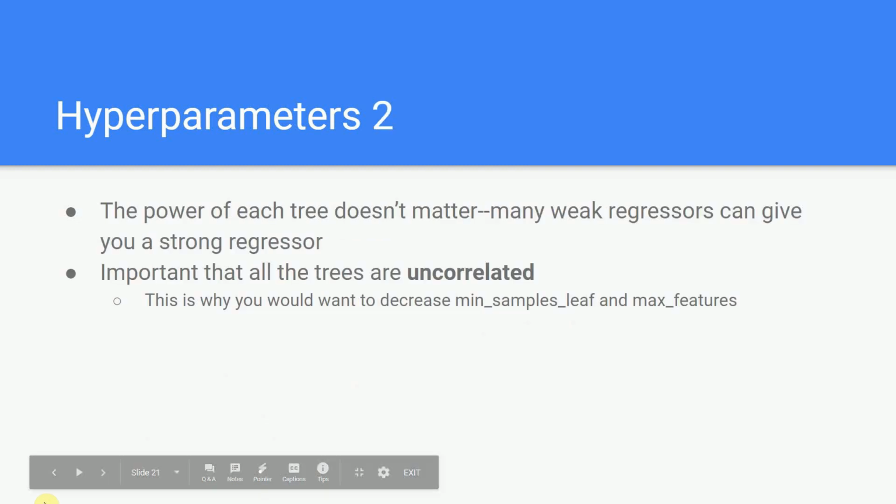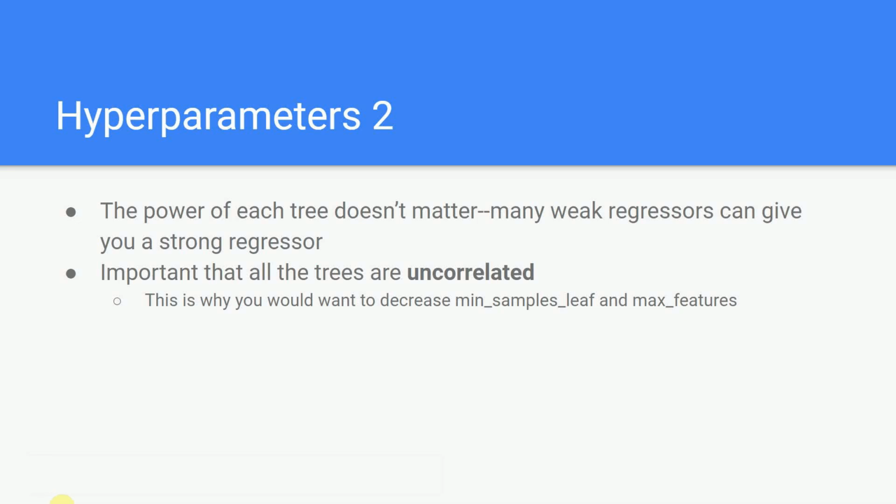Great. So it may seem weird to you, right? Why would we consider fewer features for each split? Our model will only get better if we can split on a better feature. And the core idea is this. The power of each decision tree really doesn't matter. What's important is that all of them are relatively uncorrelated, and so the average of the predictions is close to the true value. And so in order to promote this decorrelation, you basically only let each decision tree work with a subset of the features